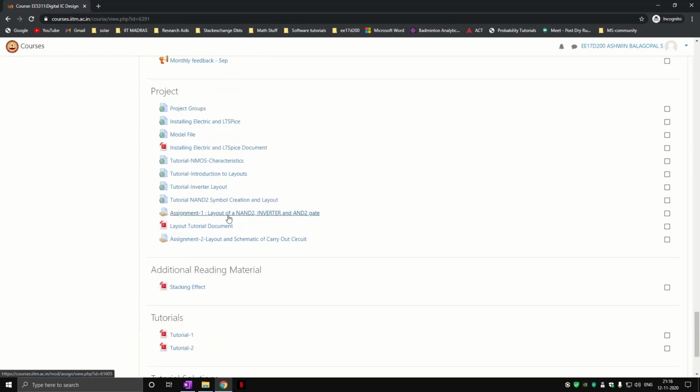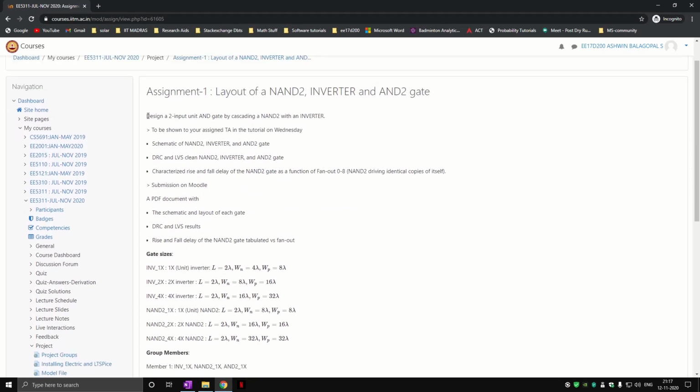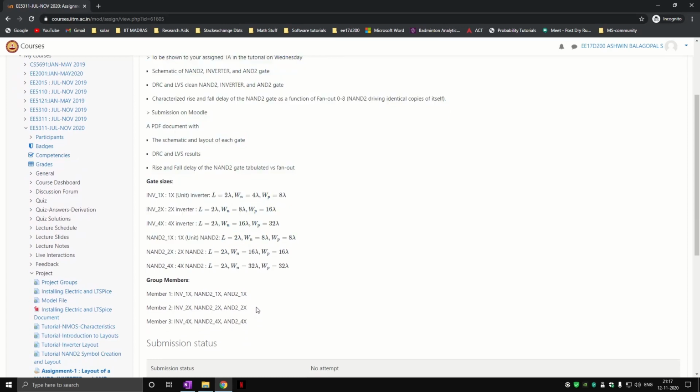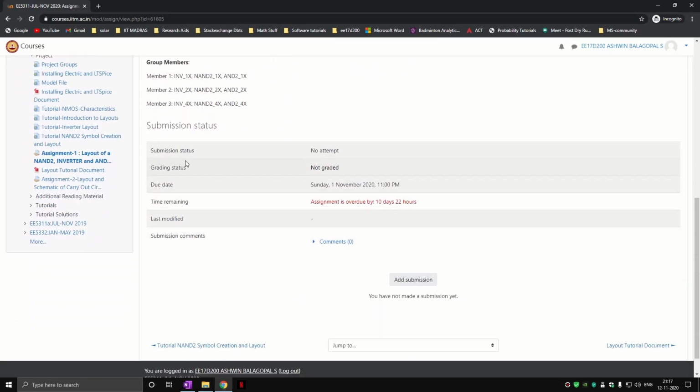Moodle is useful for submitting assignments. If you're in a course that has a good assignment portion for marks, which most courses on Moodle usually do, you will have to access assignments like this. Come to the assignment and read the assignment statement. The assignment statement is generally very well explained. And then scroll down to the submission status. Over here it says that I haven't submitted the assignment. It says that the assignment is not graded.